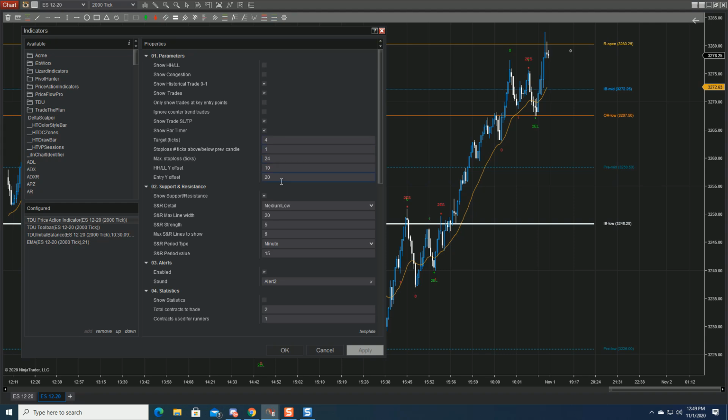Now, this strategy is ideally suited to 2-lot or greater trading, so that we can have an initial target and then a runner for the potential for a bigger move. So the first target being 4 ticks in the S&P, right? You're getting your 4 ticks, your $50, and then we have the expectation that you're going to use an ATM here that will manage your second, let's just use a 2-lot contract here for demonstration purposes, so that your ATM is going to move your stop to your entry price or break even upon achieving your first target of 4